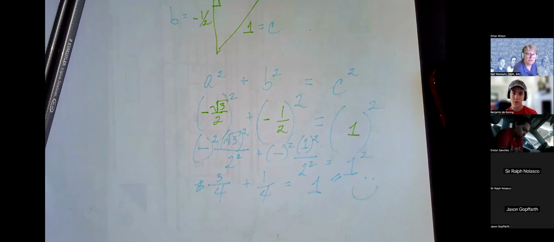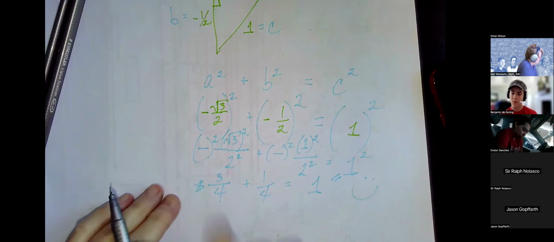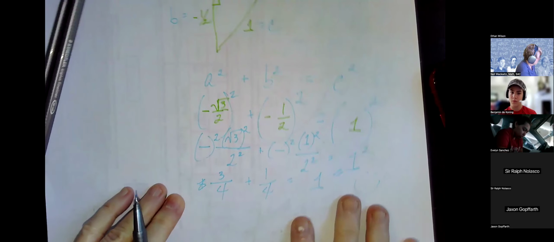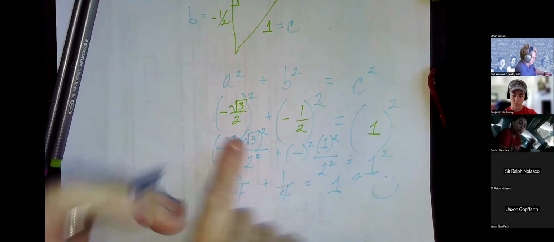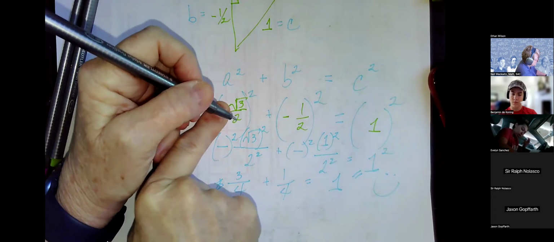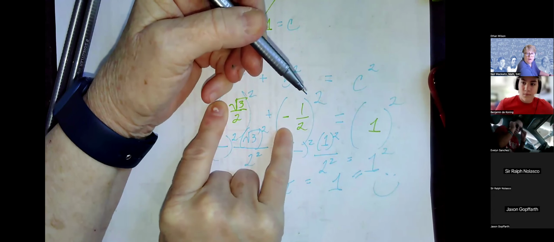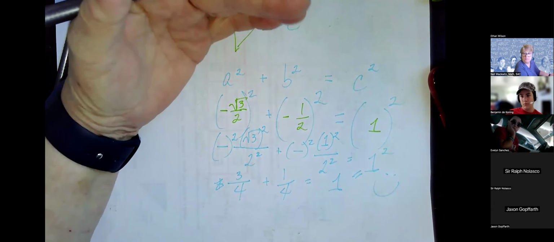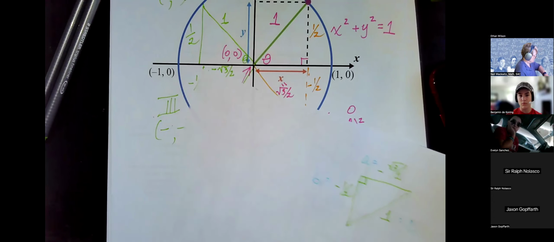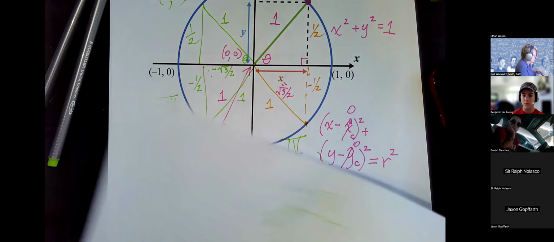And I didn't pull those numbers out of my hat. Those are numbers we're going to have connecting all the time. Anytime you see a square root of 3/2, you know that 1/2 is going to go with it. And all you have to figure out is the plus or minus part. We don't really have time to go from here,